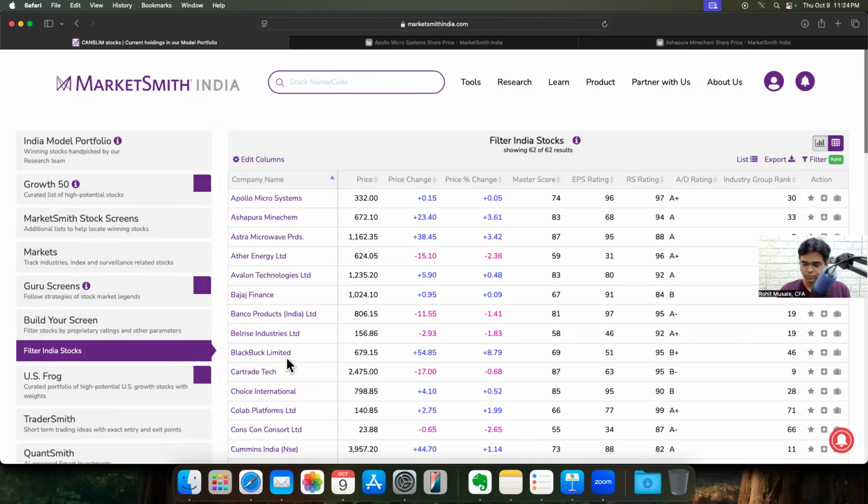Open all the daily charts, remove all the stocks which have a red flag, remove all the stocks which do not have the moving averages aligned, remove all the stocks where there are no 4 points in the base, remove all the stocks where there are no 10 candles in the base. Just these four filters, and you'll be left with like 4 or 5 stocks only out of this entire 62